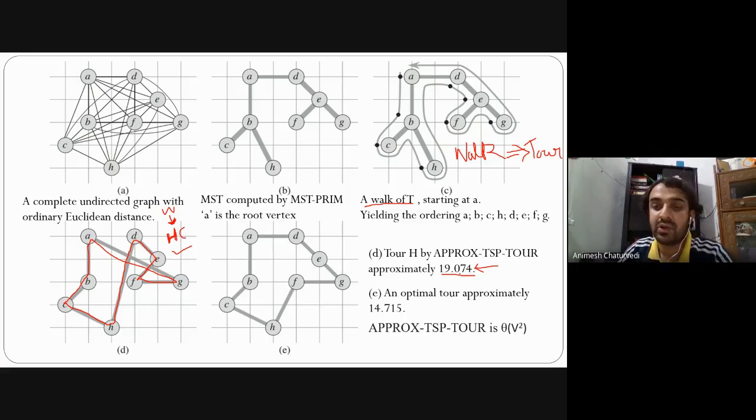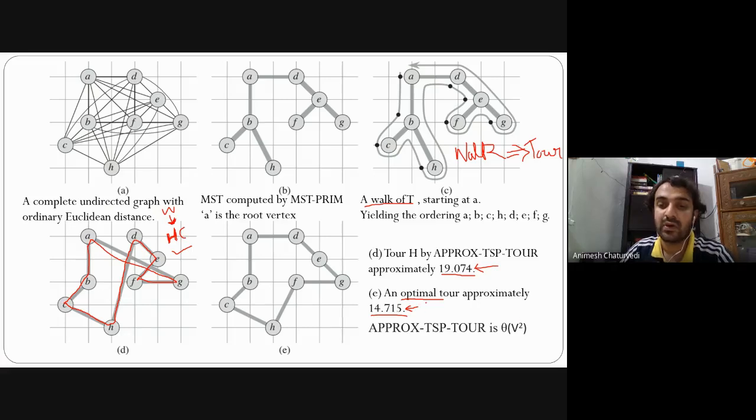It is 19.074. So 19.074 is the approximate solution. But the optimum solution, meaning the exact solution, should be 14.715. So 14.715 is the exact solution. But